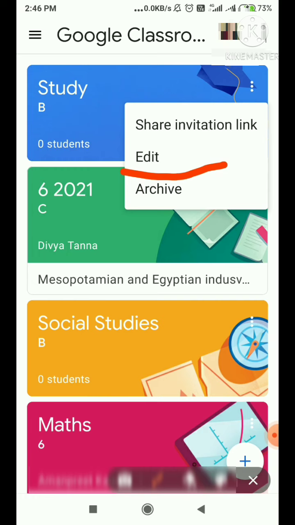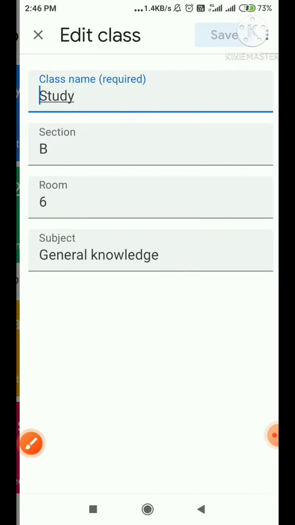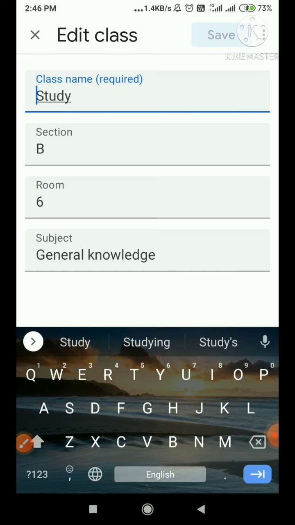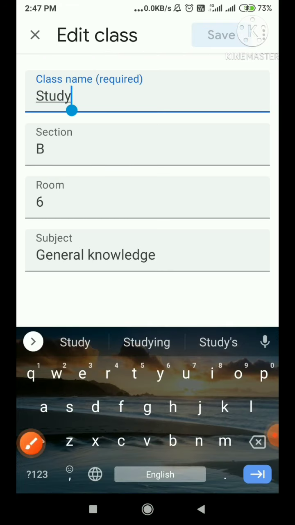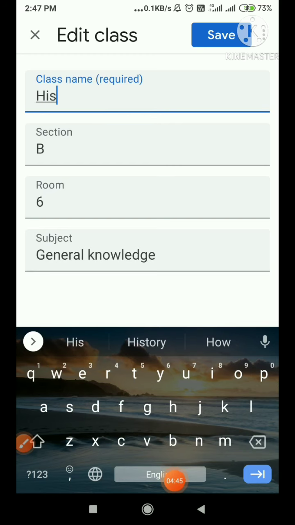So edit: I have written B because it denotes the section. I don't want study to be there, so I can go and edit. Then it will show the edit class option. Save is not in blue, so we cannot save it now. There are three options. I want this to be history, so this became history. If you want to change the section, the room, or the subject, you can.